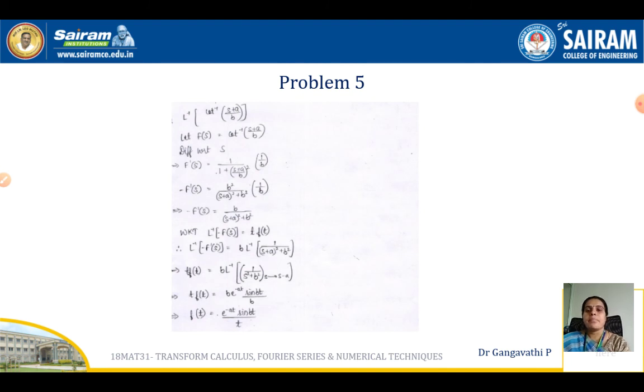Look at another example. It has asked us to find L inverse of cot inverse of (s by a) by b. So f of s is this, f dash of s, simplify f dash of s and keep it aside, and the completing the square technique has also been used again. So apply L inverse on both sides to get this simple form, and since s has been shifted by some term, your answer should have an exponential term, and likewise b is a constant, take it outside. s has been replaced by s minus a, so e to the power of minus at is multiplied to your function sine bt by b. And this is going to be your f of t.